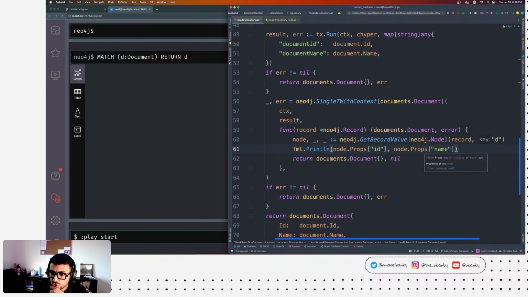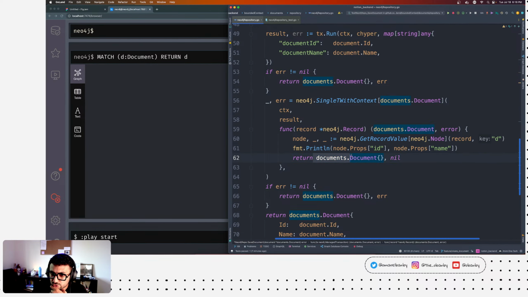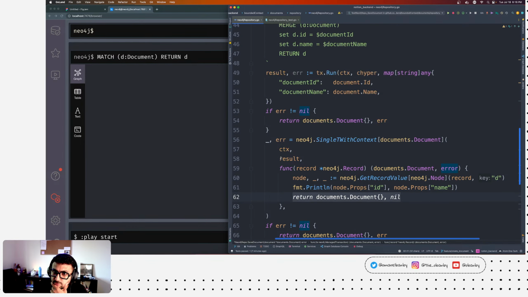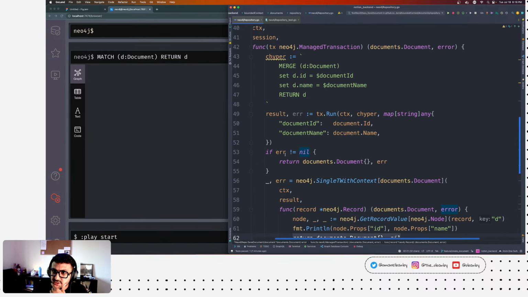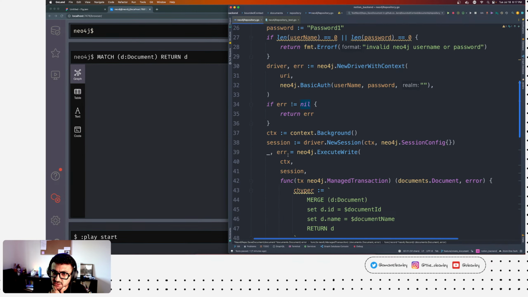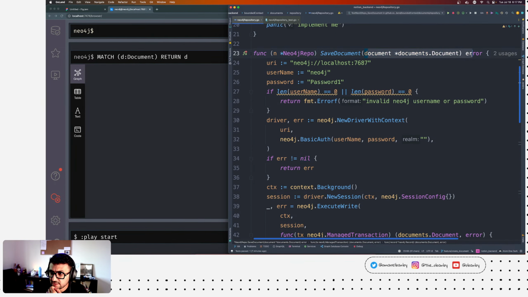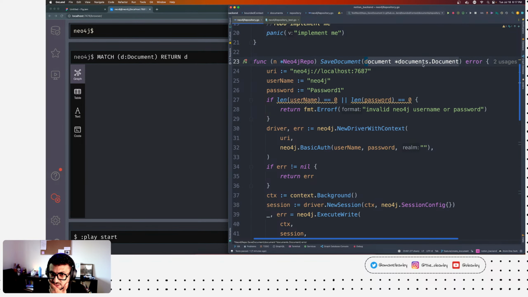Okay, so here we're also returning an empty document, which is not the right thing to do. Provided that the method already takes a document in, you don't want to change the document that's being returned, essentially, right?